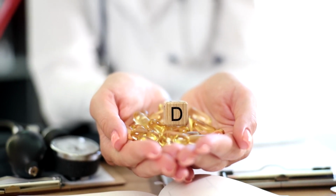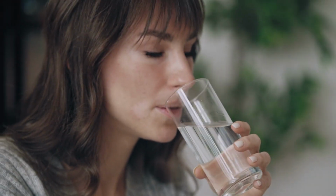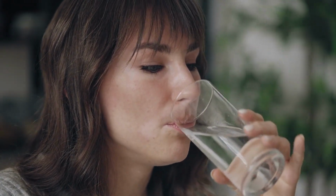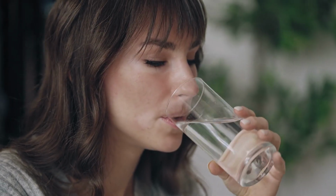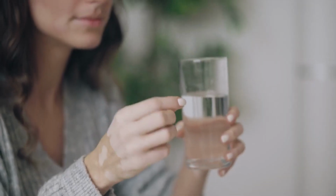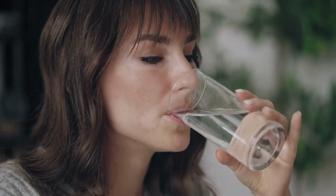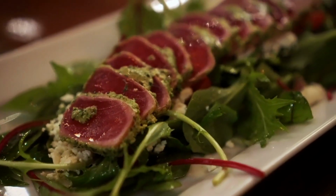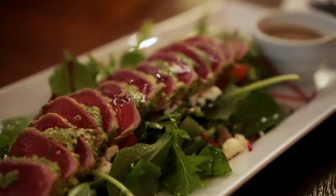with limited sun exposure. By understanding these common nutrient deficiencies, their causes, and how to address them through diet and supplementation, you can take proactive steps to improve your overall health and well-being. Ensuring that your body receives the essential vitamins and minerals it needs is a vital part of maintaining optimal health and preventing chronic diseases. So, make sure to incorporate nutrient-rich foods into your daily diet and consider supplements when necessary